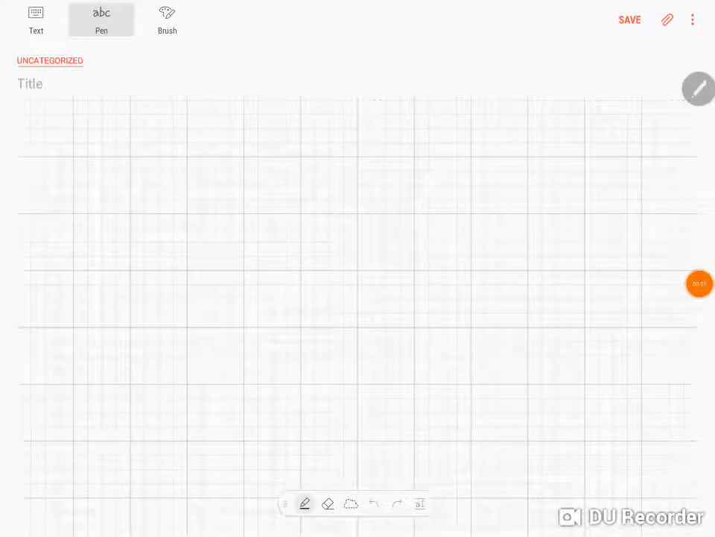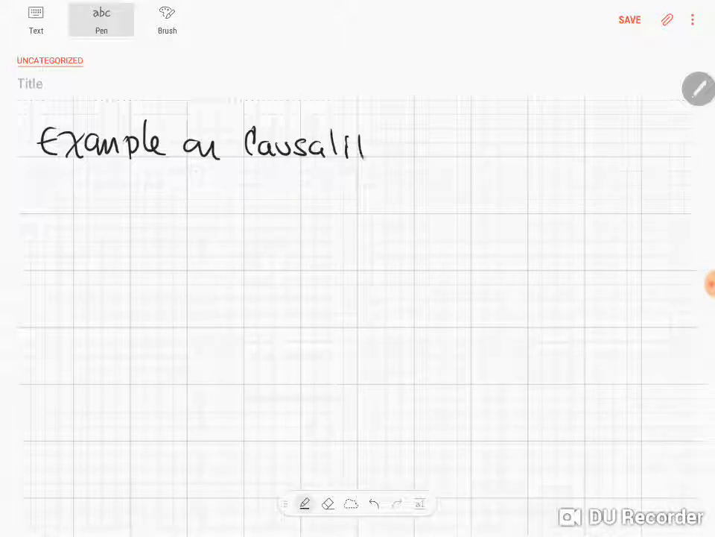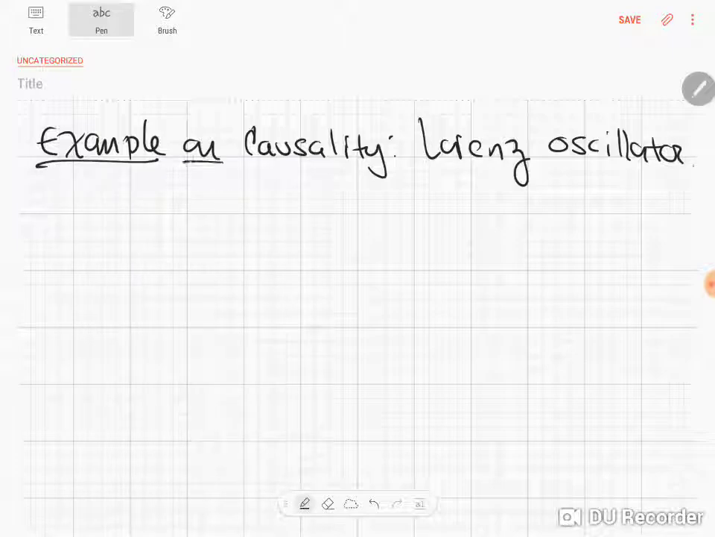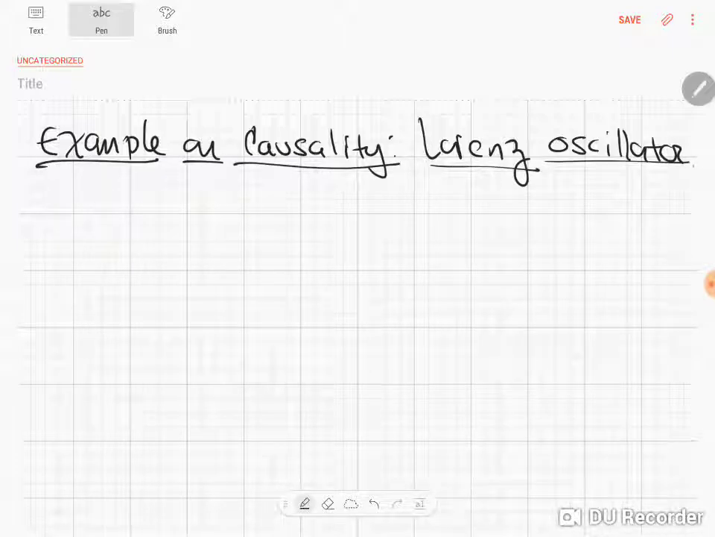Hello again. So, as promised, here we have an example on causality, which will be the Lorentz Oscillator. So then I have to go through something really quick, which is quite important for the content we're going to develop here,